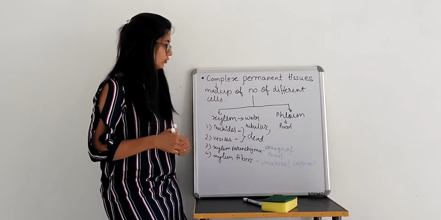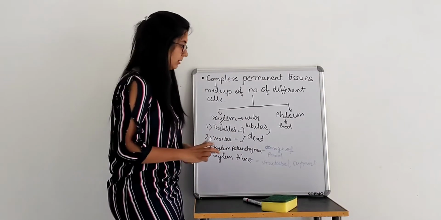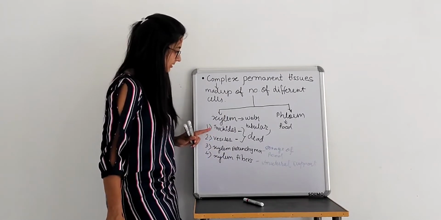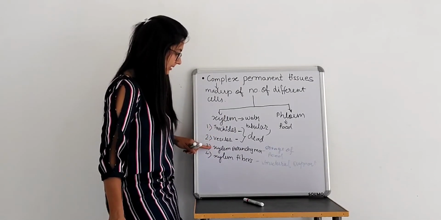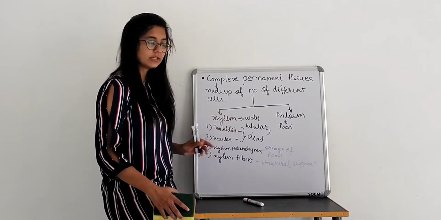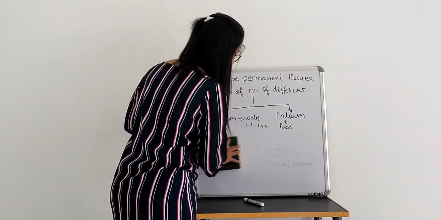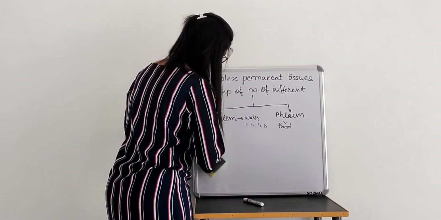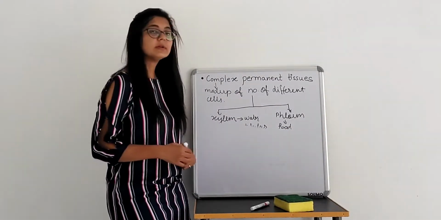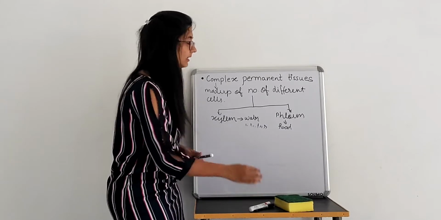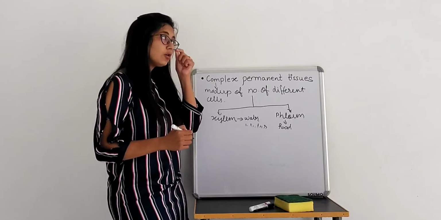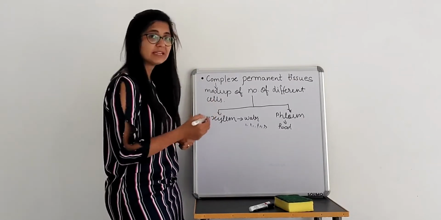So this is all about your xylem over here. Now let us move on to the phloem cells as well. Before I erase this, just a quick revision: tracheids, vessels, xylem parenchyma and xylem fibers and their associated functions. Now we just quickly see about phloem. Phloem is, like I said, the major tissue which is helping in transporting food from the leaves to different parts of the body. Now there are 5 different cells which are going to be present in the phloem.